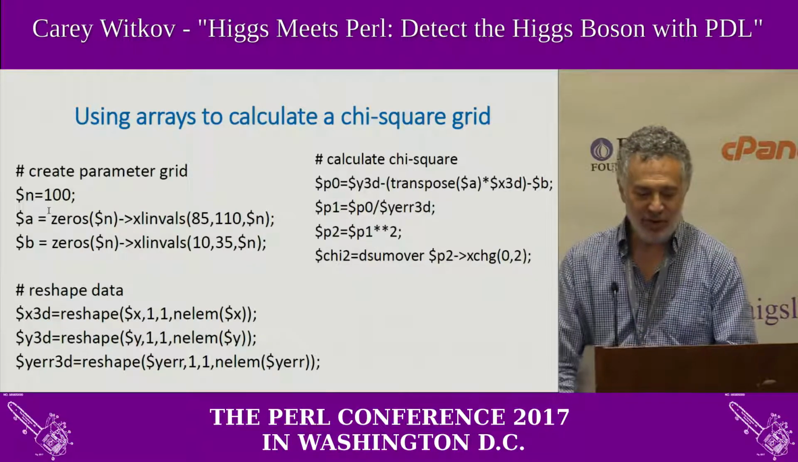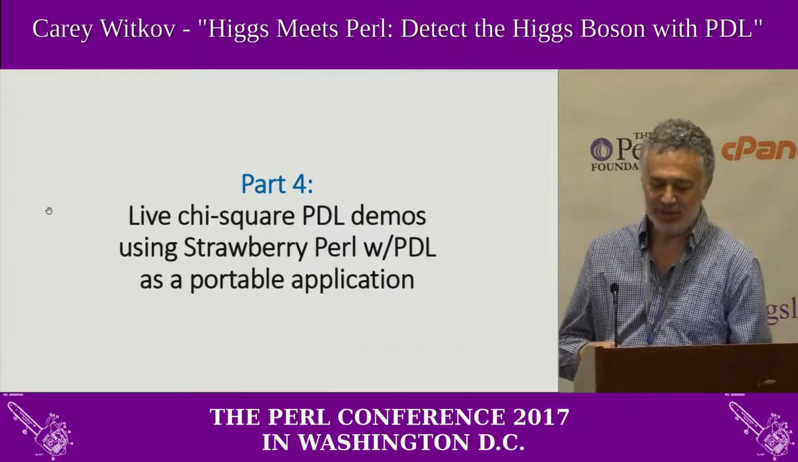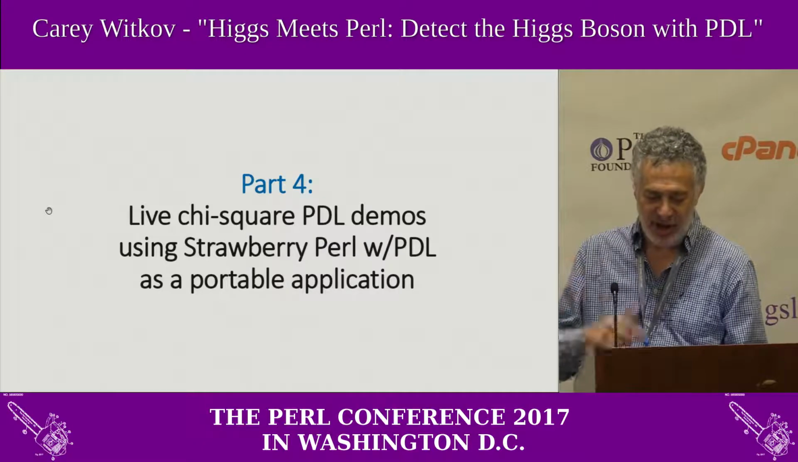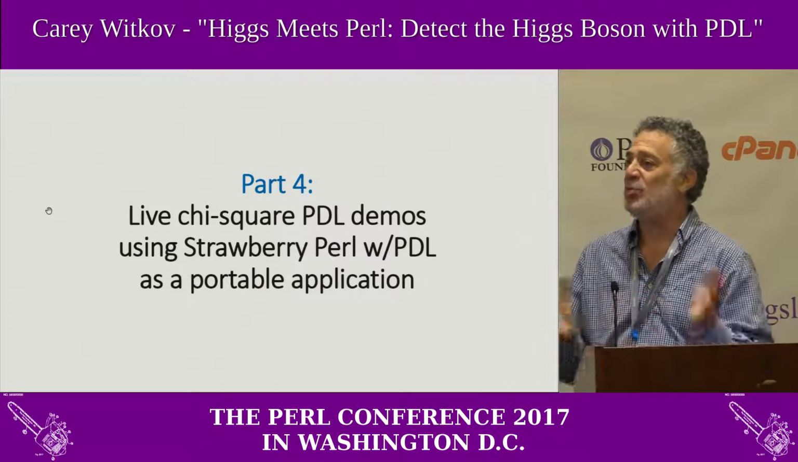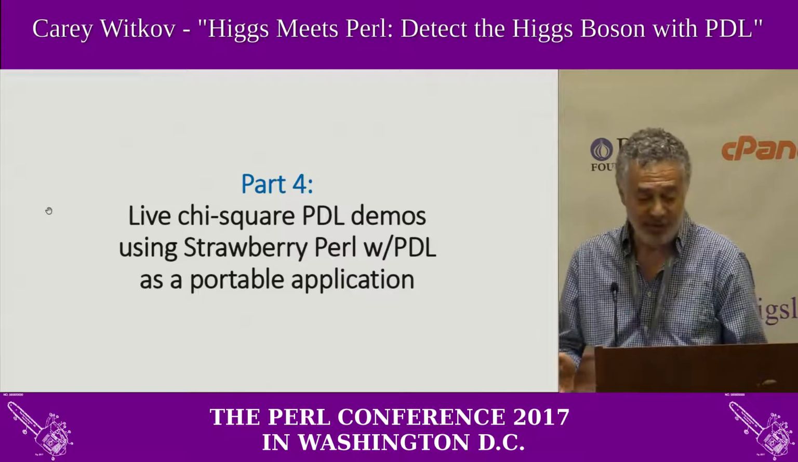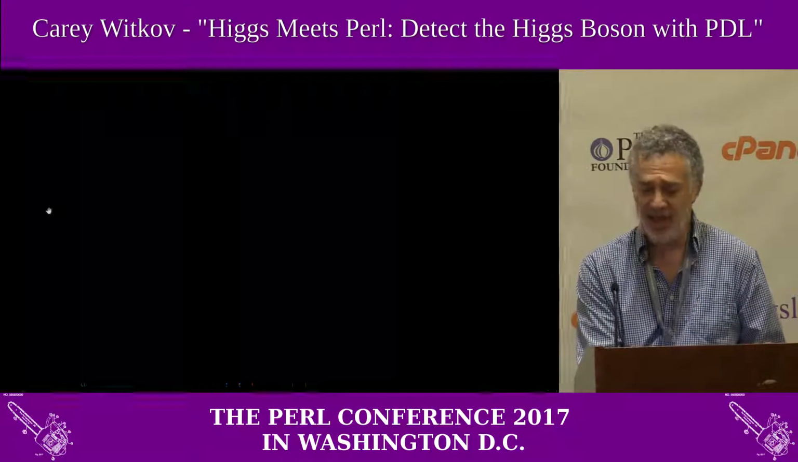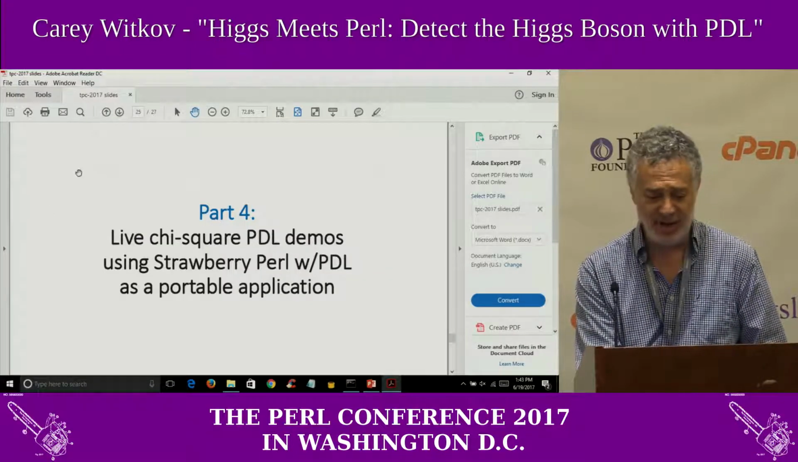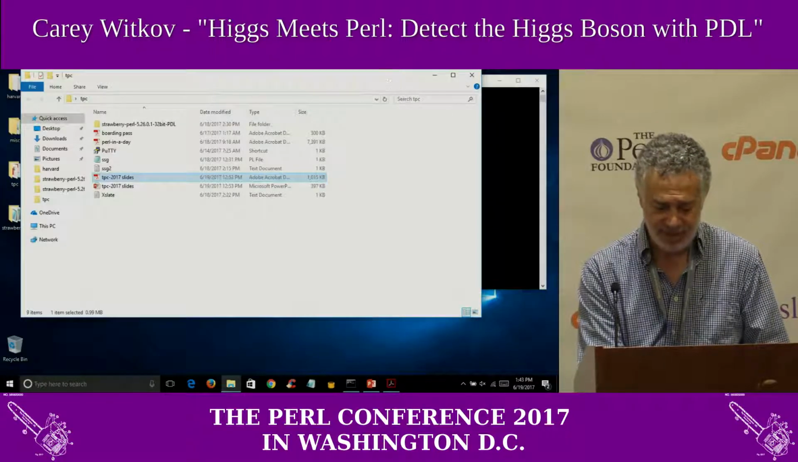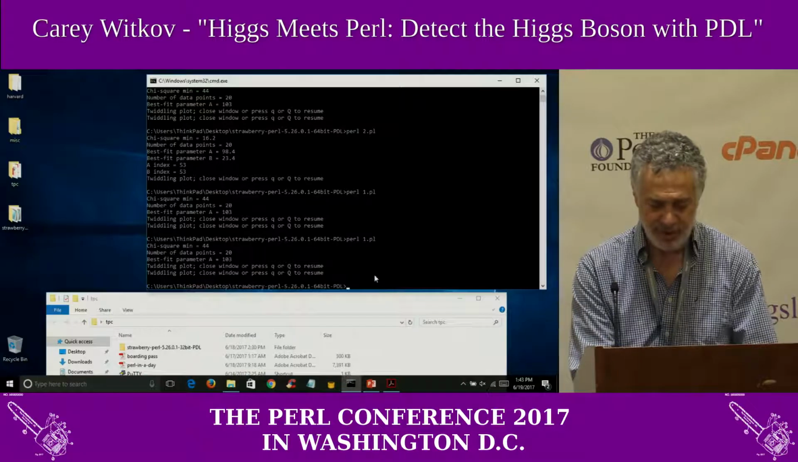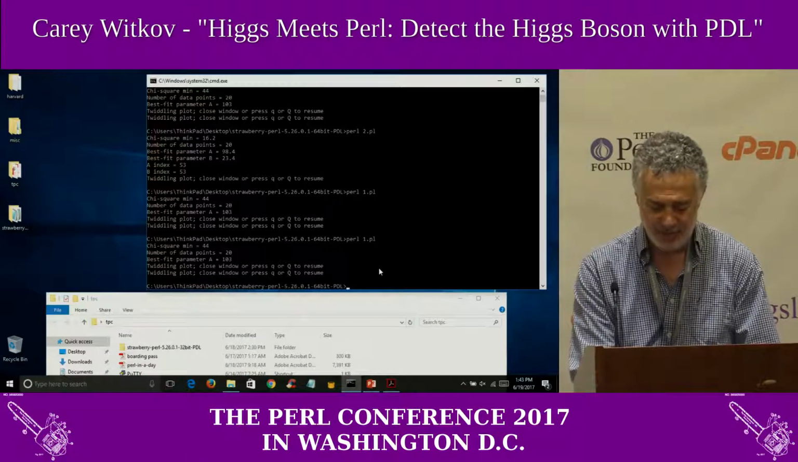So I'd like to turn to some demos of PDL chi-square scripts using Strawberry Perl with PDL as a portable application, which makes it very convenient, just installing that and having it be a directory on the desktop. So I'd like to begin by